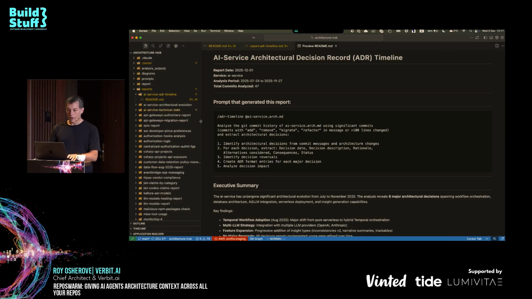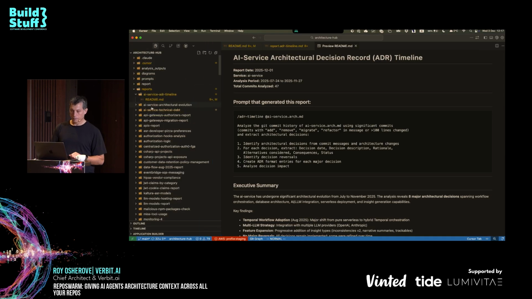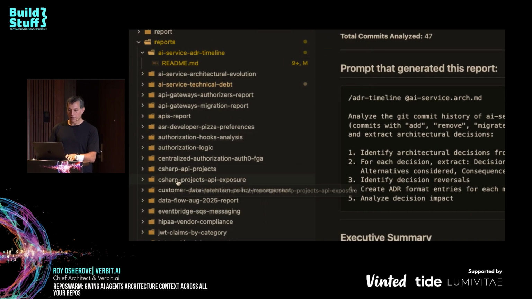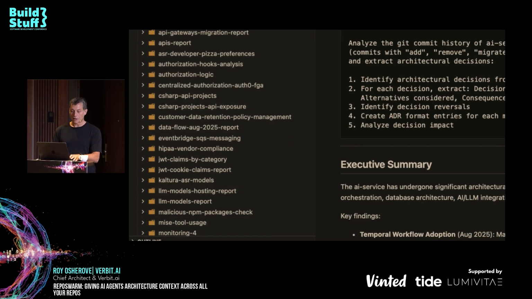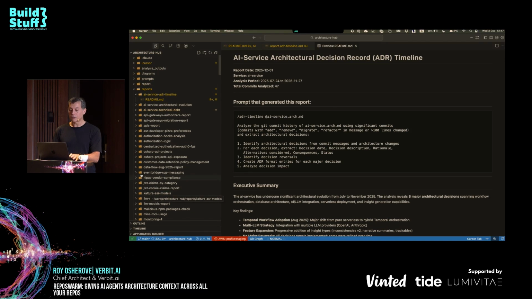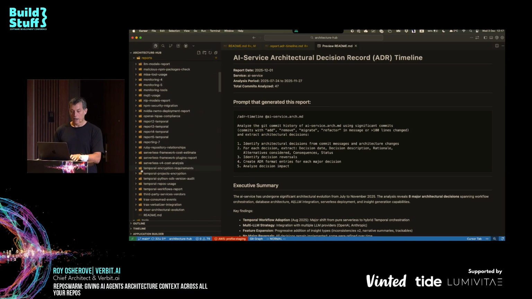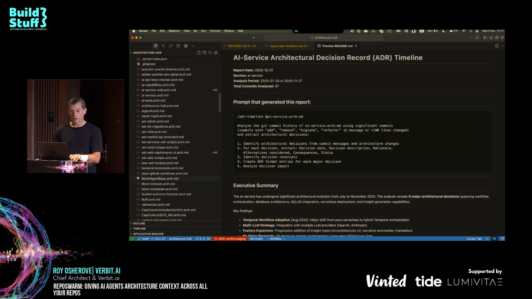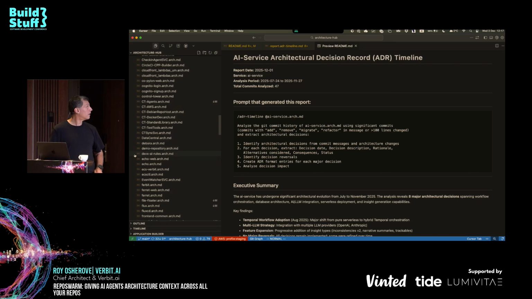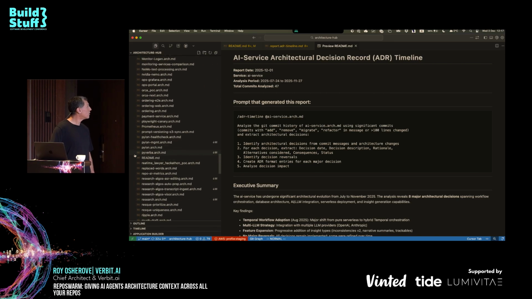This is our real architecture hub, from work. You can see there's a lot of reports, API gateways. We have projects in C# and Ruby and Python, and of course TypeScript and JavaScript, and HIPAA vendor compliance. And these are just the ones that I committed. There's a bunch of stuff that we haven't even committed, right? Things for MQTT, et cetera. So this is the list of all the different repositories that we care about.